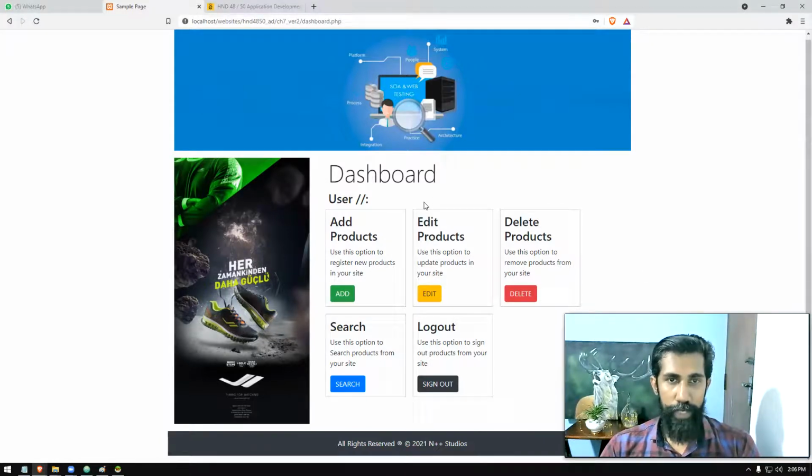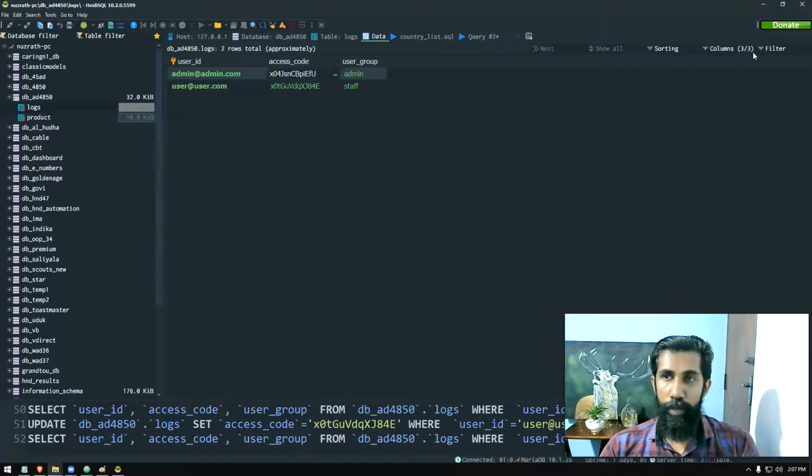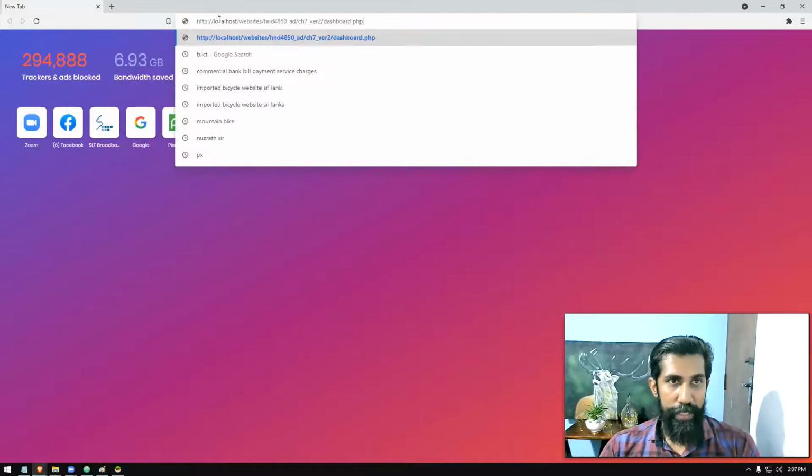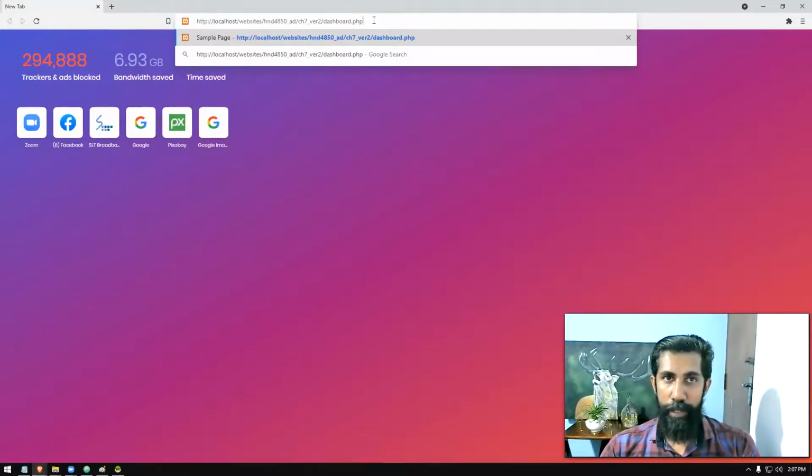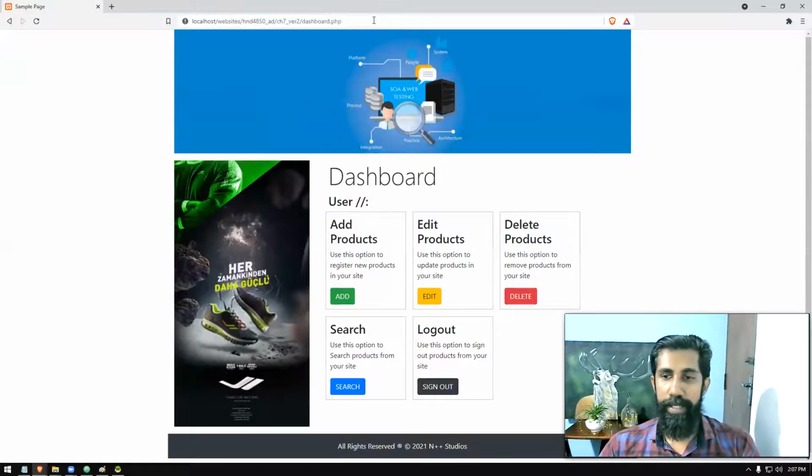Before that, I'm just going to copy this URL, then I'll close the browser. Once I close my browser, there's no browser in my window now. So I'm going to start my browser again. Let's assume this is happening at a different time. This is my browser. Someone is pasting the same URL. You have the URL somehow, or it is copied in your history. So someone else, not you, is trying the same URL. Let's try. Press the enter key. Oh, you are inside the dashboard. Problem.